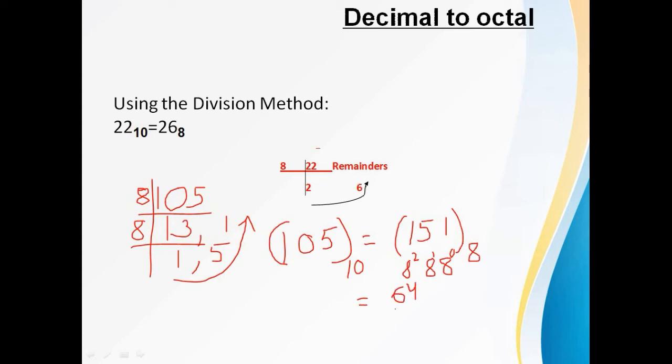Here we are rechecking also whether we are getting the right result or wrong. You can recheck it. As we know, the place value of 1 is 8 to the power of 0. Place value of 1 into 64, 5 into 8 plus 1 into 1 is equal to 105 base 10. The rechecking also we can do.